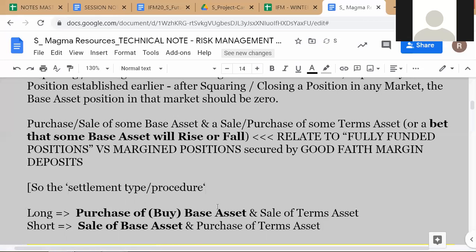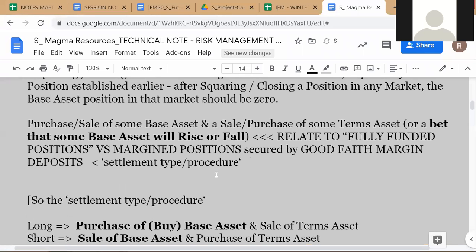So what we are saying is when you are investigating any market, we can talk about being affected by the settlement type or procedure. You will see that in the Sheldon Natenberg book on options trading. This is referred to as, I should mention this also here, these are important terms to understand and how the market uses this kind of language. Settlement type or procedure. Sheldon Natenberg, he talks about